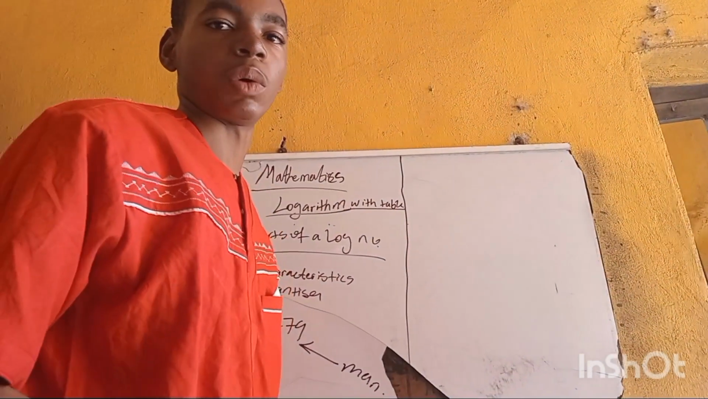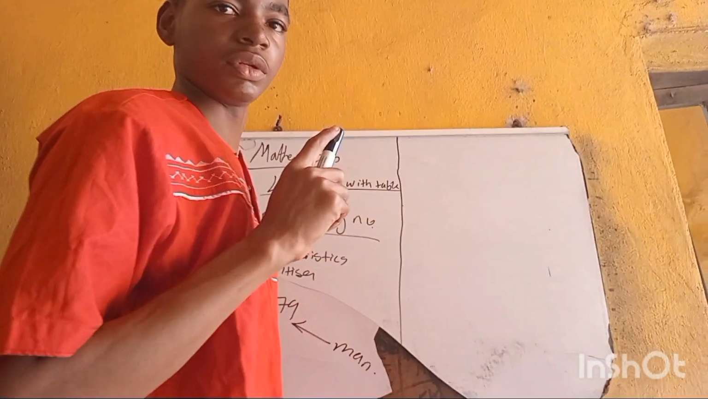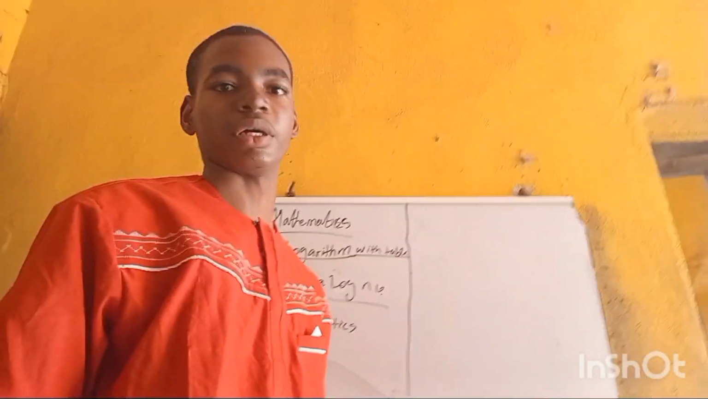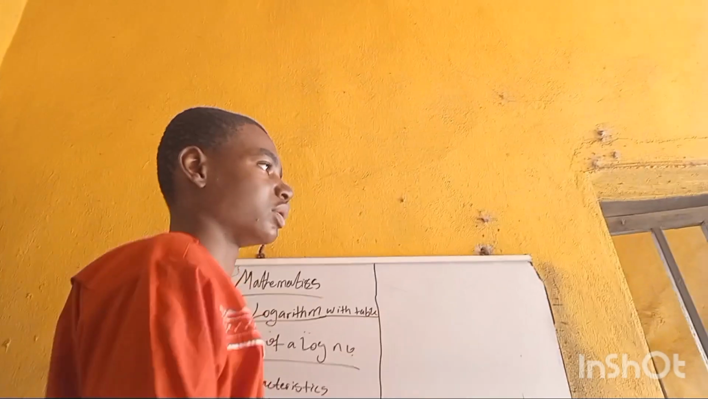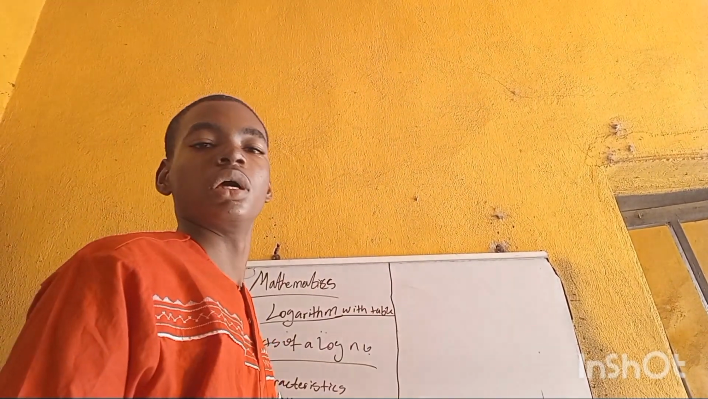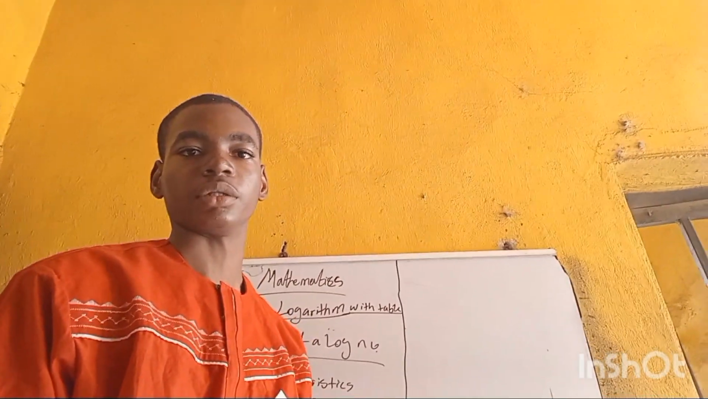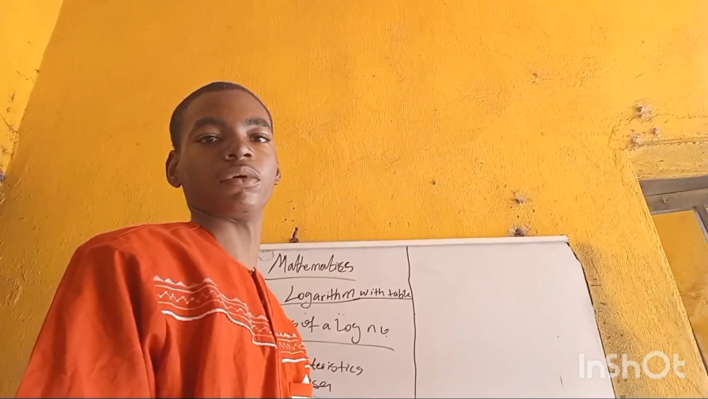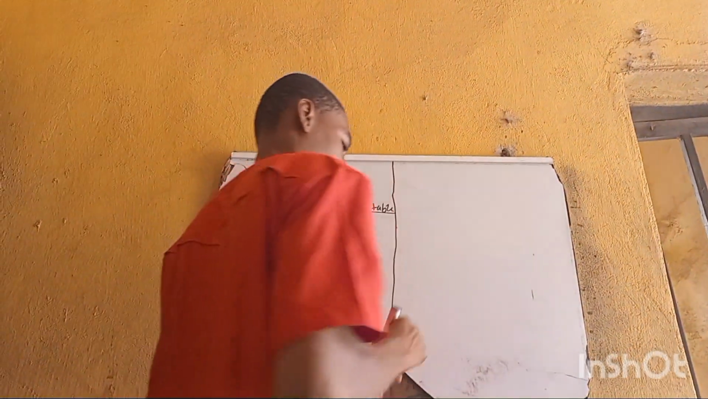If you're given a power, you multiply it by the power. If you're given a root, you divide it by the root. Square root is divided by 2. Cube root divided by 3. Fourth root to be divided by 4. And to solve